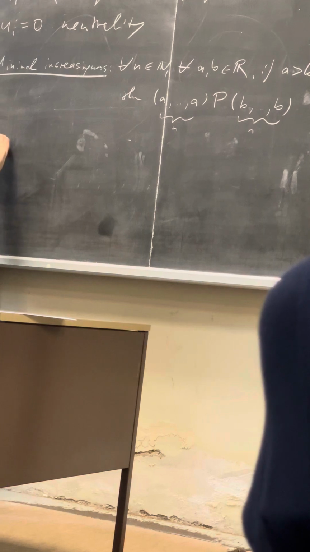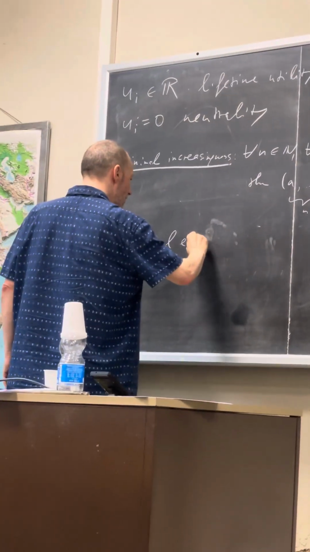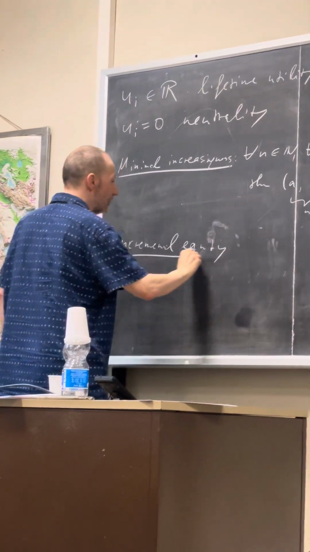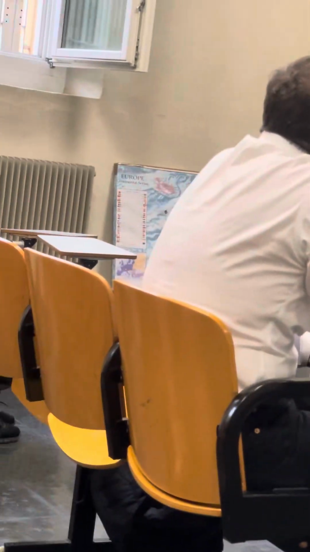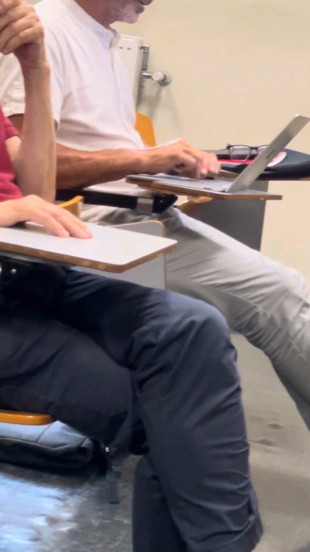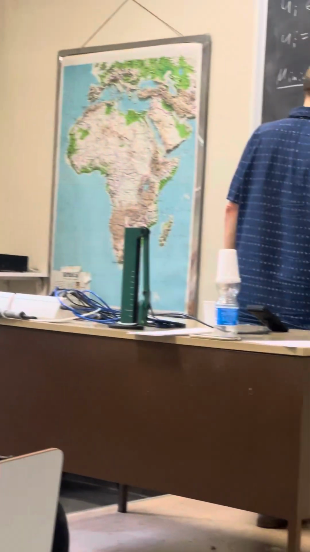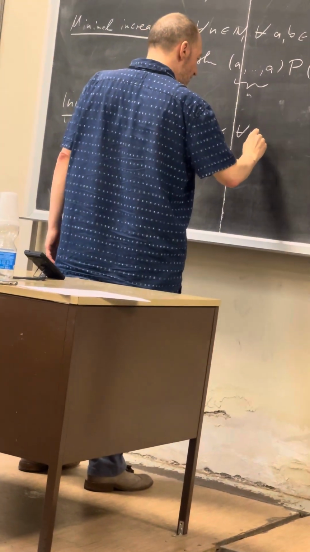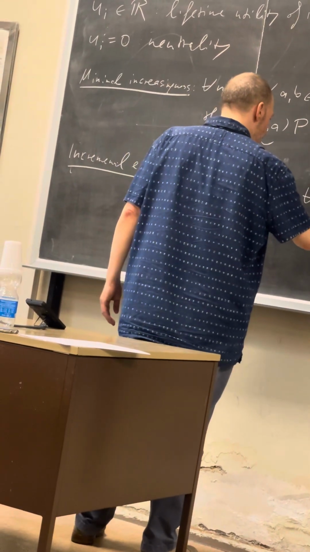The second one is what we call incremental equity. And again, you will see this is what drives utilitarianism. It says if you have a given distribution of a fixed population size and you have some extra to distribute, it doesn't matter who you give it to. And it's clear that this will give you utilitarianism. So if you take any population size n, any given utility distribution u, and utility value d,